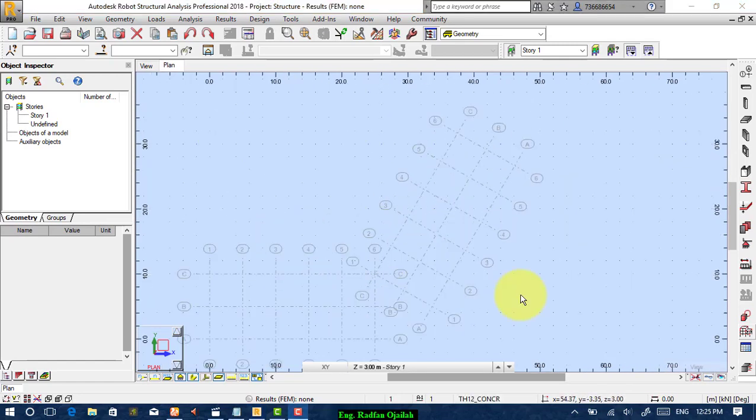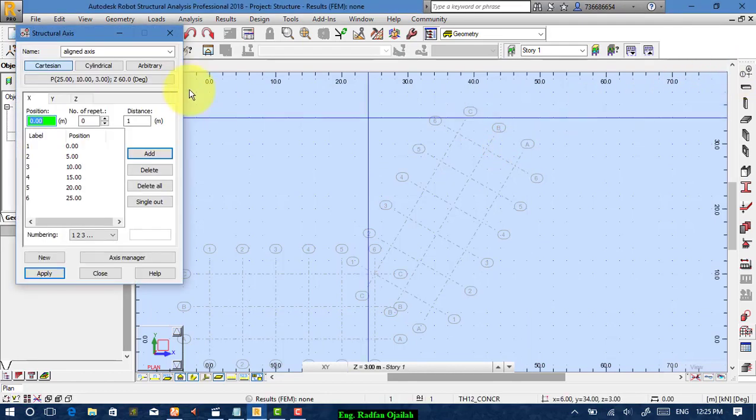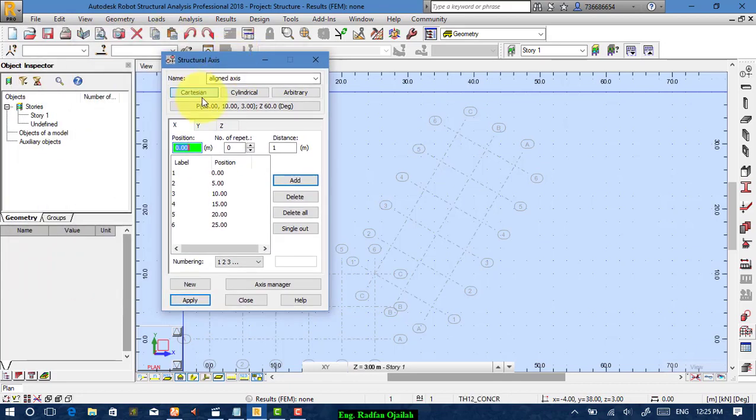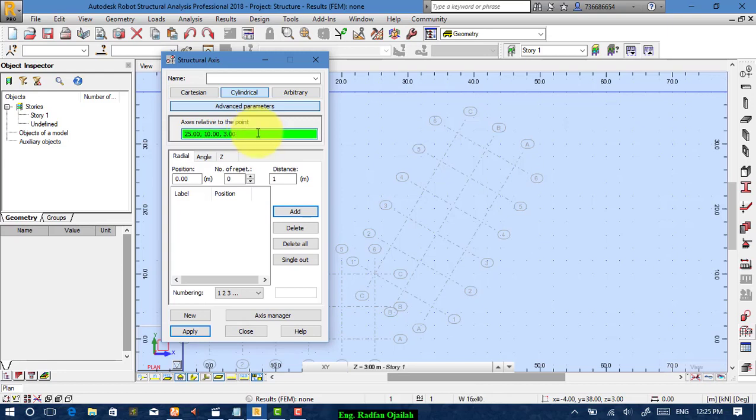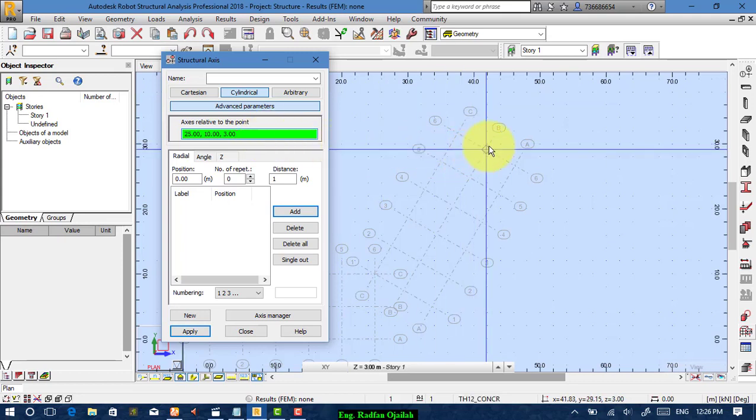Further point, let's assume that we have an additional thing here. For example, it's an arc or half a circle. That means these grids cannot be used for that kind of building. So what should we do in order to model that building? Well, go to the same point here, and instead of Cartesian, press on cylindrical and choose the point that we want to draw from. That means the center point. The center point is this one, for example,